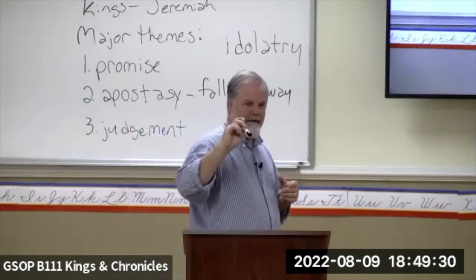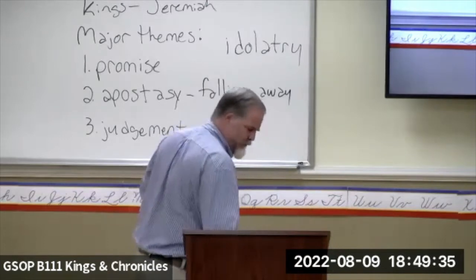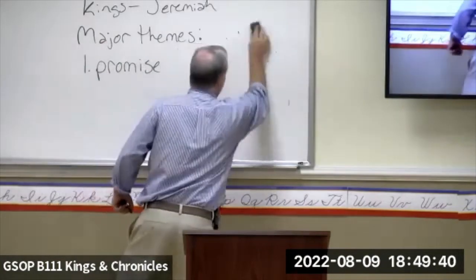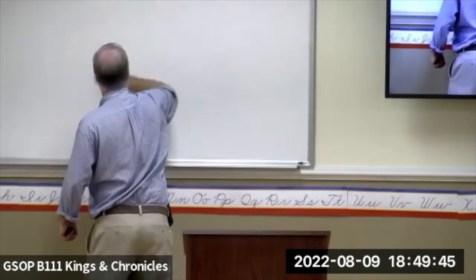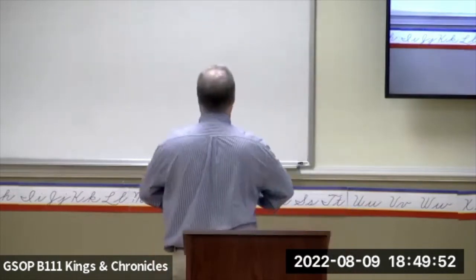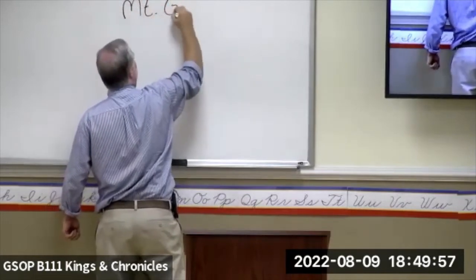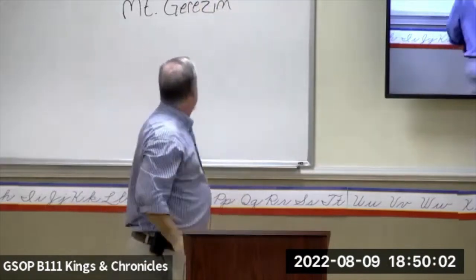Now, let's think about this. What about the Samaritans? How do we understand the Samaritans? What was the final book for the Samaritans in their Bible? Correct. So the Samaritans did not look at anything after Deuteronomy. So they had no idea where the temple was supposed to be. So what did they do? They found the most holy place that they could find in their Bible, and that's where they worshiped.